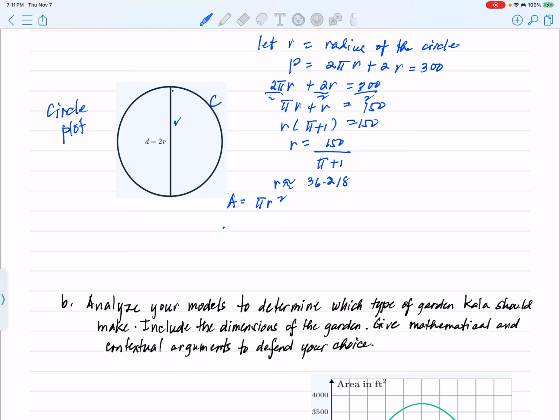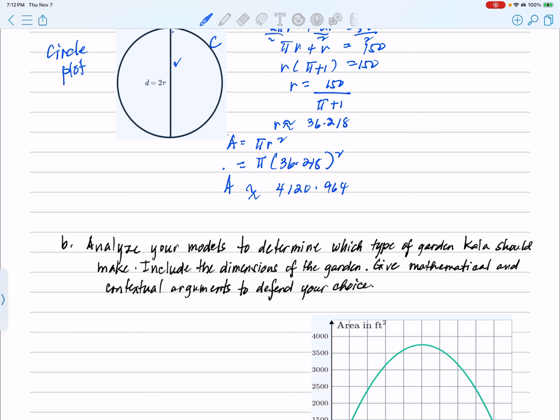So area would be pi times 36.218 squared. So the area is approximately 4,120.964, getting the 3 digits. So with 300 fencing, a circle with an area of,